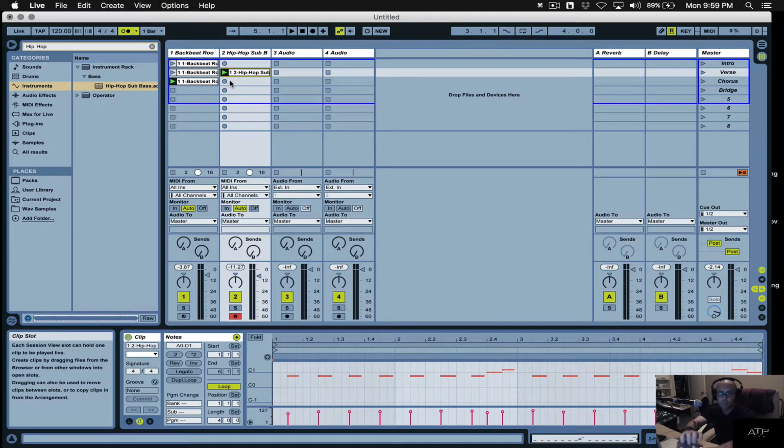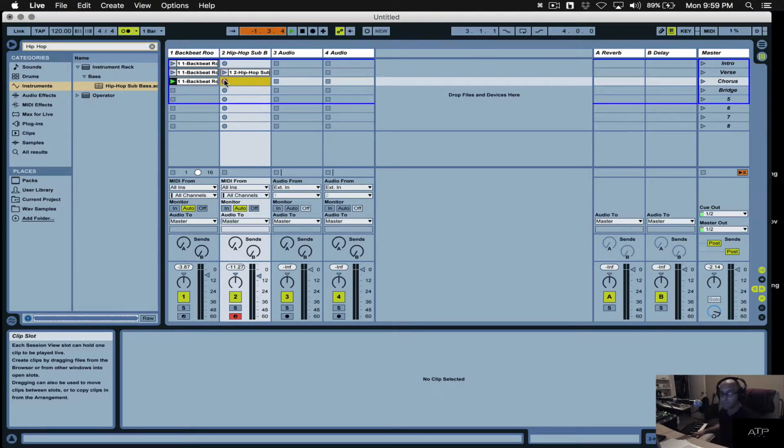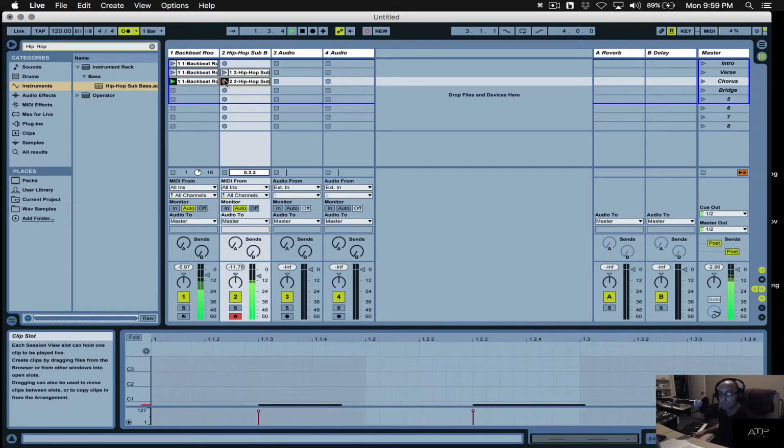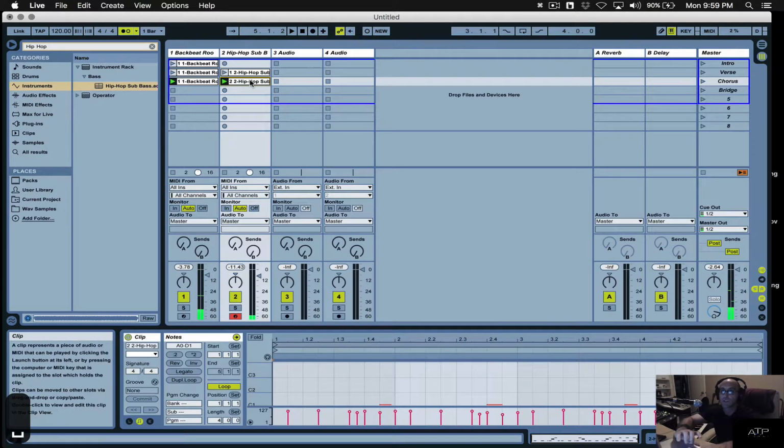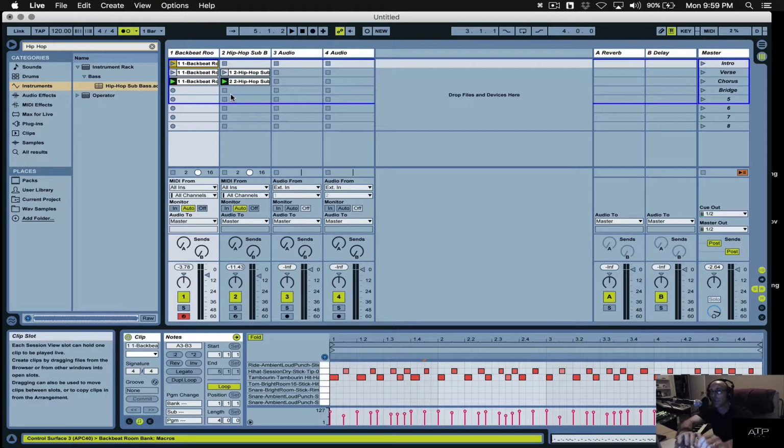And let's do one here too. So just for instance, okay? So once you get some ideas here, a basic intro layout, maybe the verse, chorus, blah, blah, blah, other ideas that can just be triggered whenever,